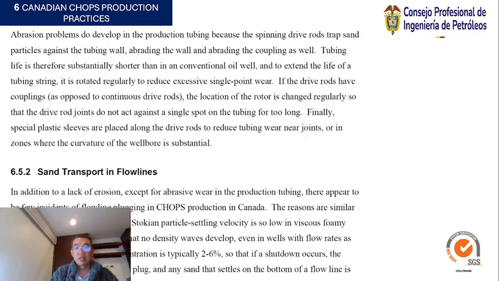The settling velocity of suspended particles is so low in viscous foamy fluid in low pressure flow lines that no density waves develop, even in wells with flow rates as low as 2 to 4 meters per day. The sand concentration is typically 2 to 6%, so that if a shutdown occurs, the CHOPS surface facility will not